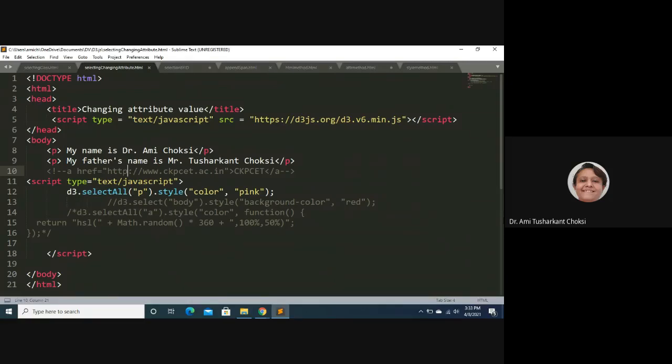Now, if I want to see it for only one select, that is, we want to set the color. Which color? Background color, for our body tag. Then what we do is we are using the d3.select. Only one tag we want to select, right? And if many tags are there for the same, then whichever is the first one, that we want to use, right? Okay. So d3.select body .style, background-color, comma, red, right?